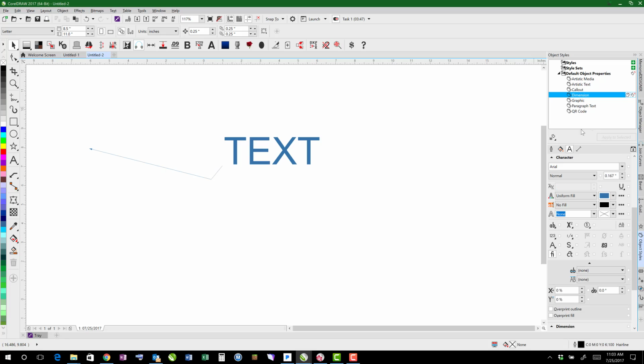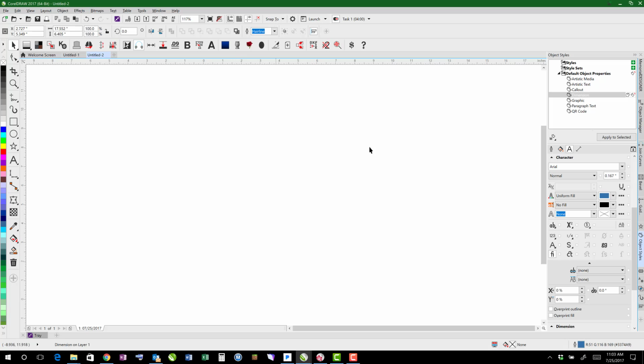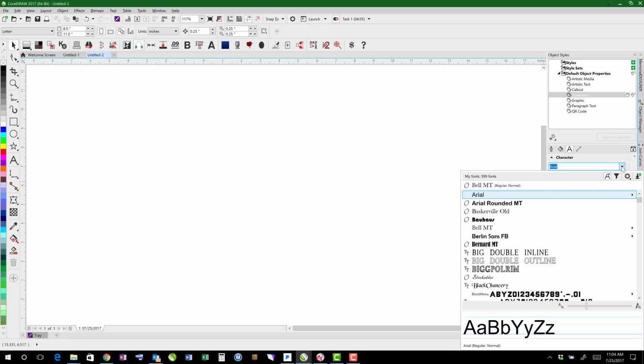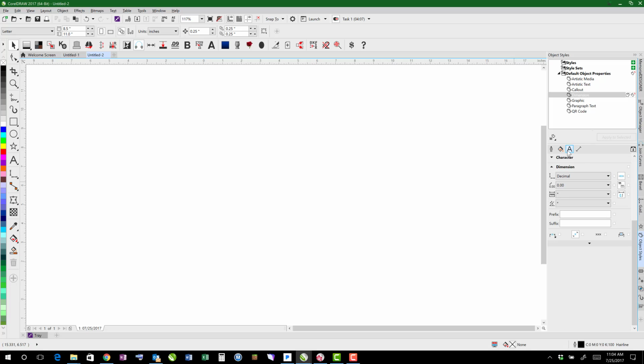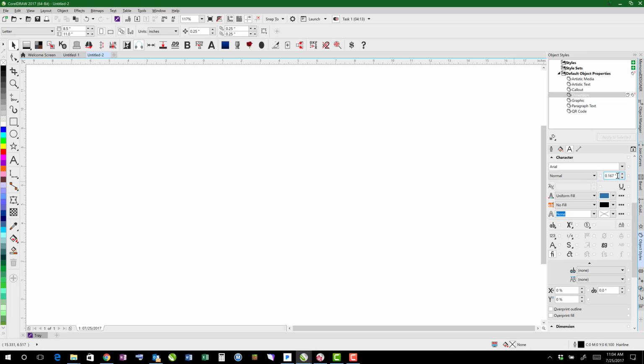Same thing with the dimension text. Dimension tool is over here. So if I were to measure a dimension, it gives me that text right there. I'm going to go ahead and delete all this and change my default dimension text. Arial's fine. I'm going to go to 1 inch instead,